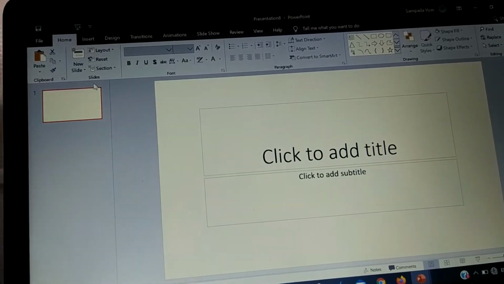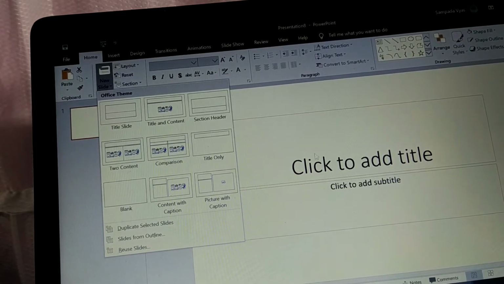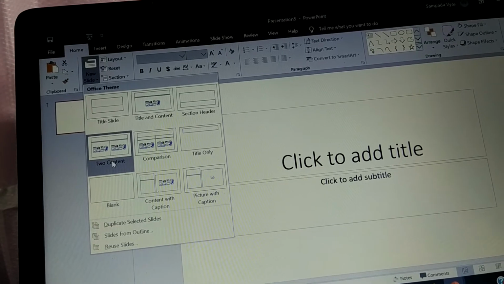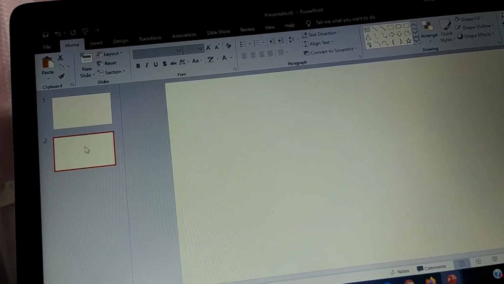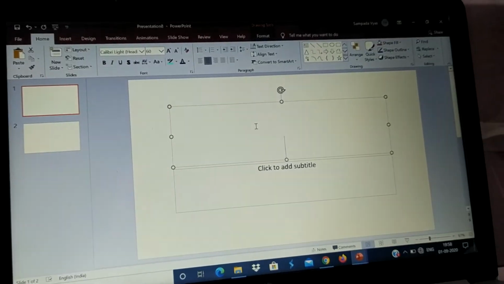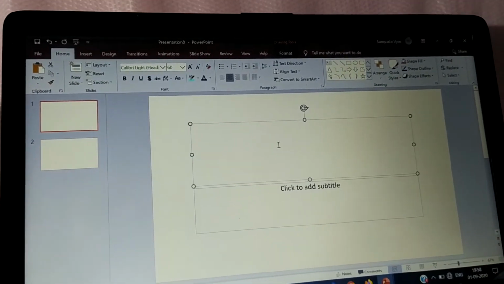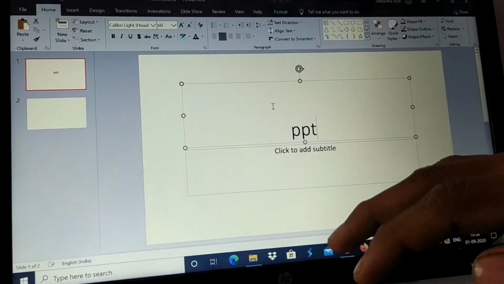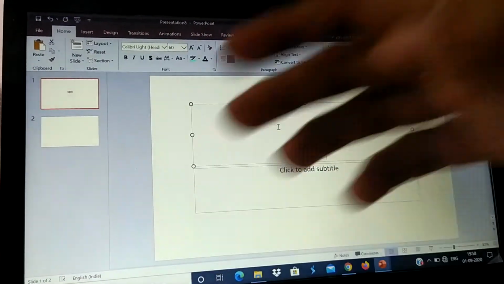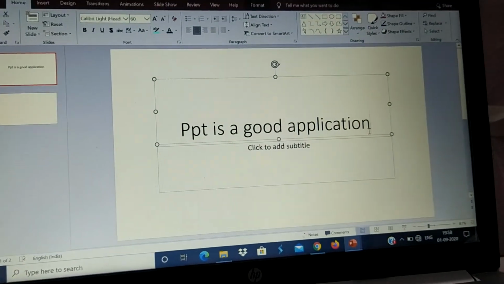First of all, we will take a new slide because this slide is already set up in the laptop. We will take a blank slide and write anything here. Now we will write something about a PPT. I am writing here: PPT is a good application.